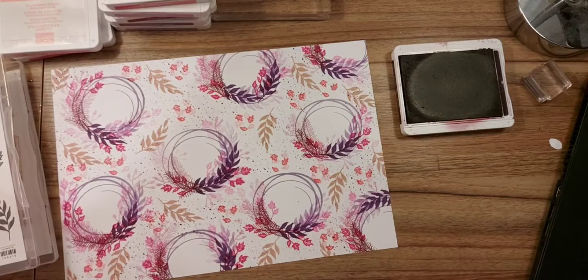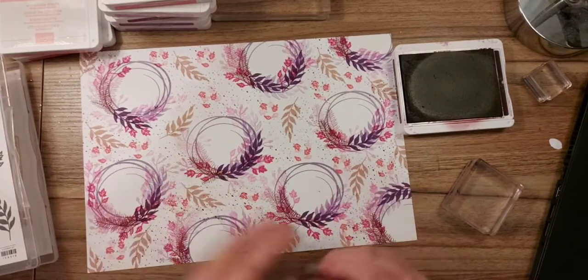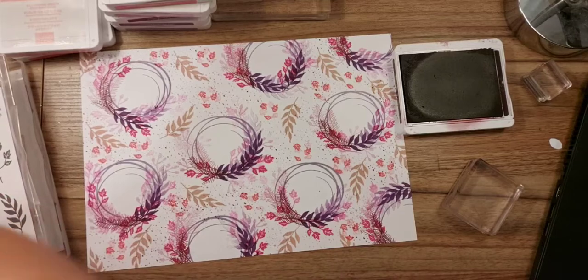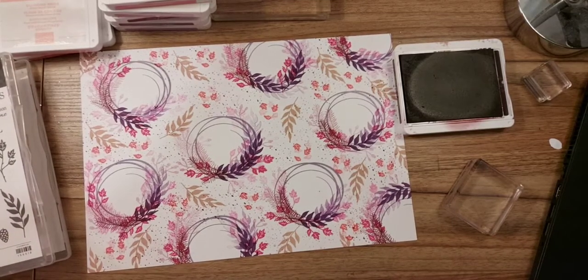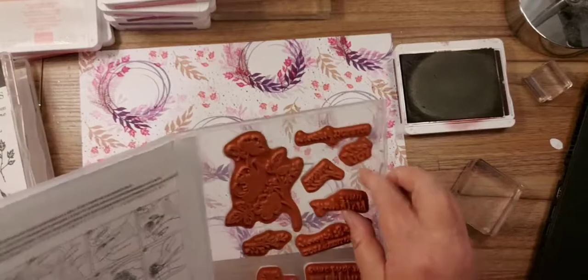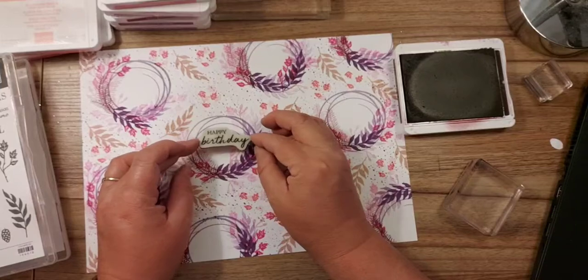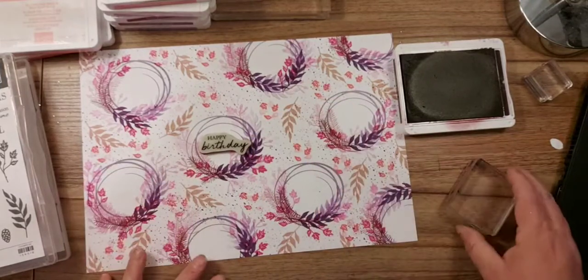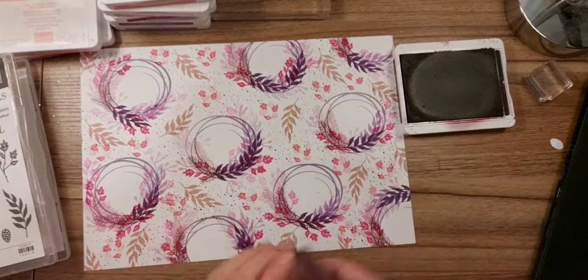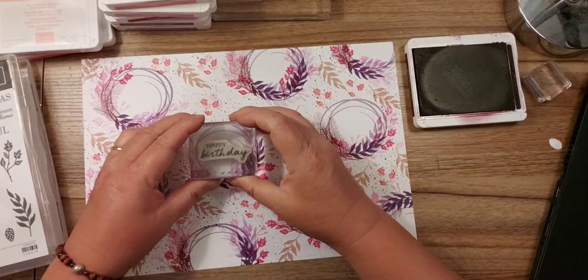Okay, so see, now this one you don't need to call it. It's not an autumn-y card. So it could be a happy birthday card, couldn't it? So let me just see which ones I've got on my desk. Oh, that might fit. Happy birthday. Now, will you see that? I think so. So I'm going to use the Blackberry Bliss, and then